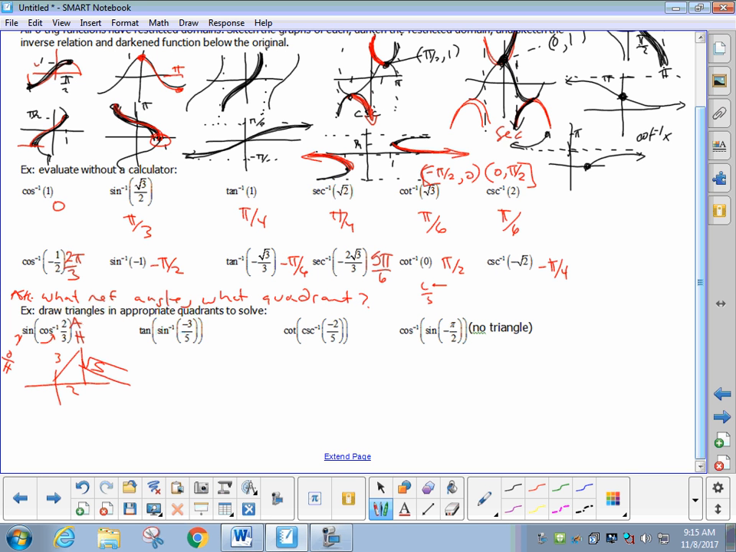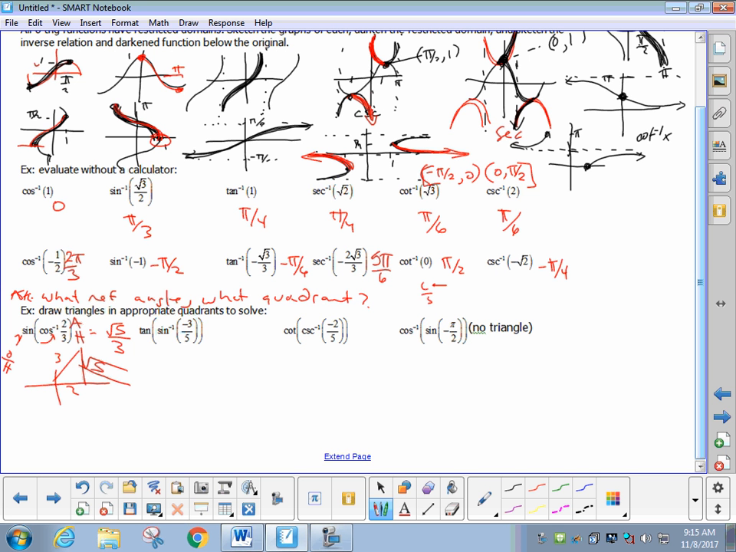So what's the cosine of that angle? Adjacent over hypotenuse is root 5 over hypotenuse 3. Okay, so the idea is you draw a triangle in the appropriate quadrant, find the missing side, and then answer